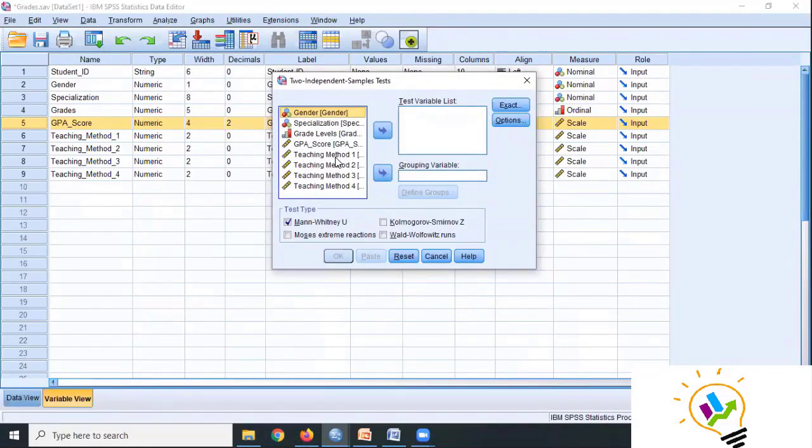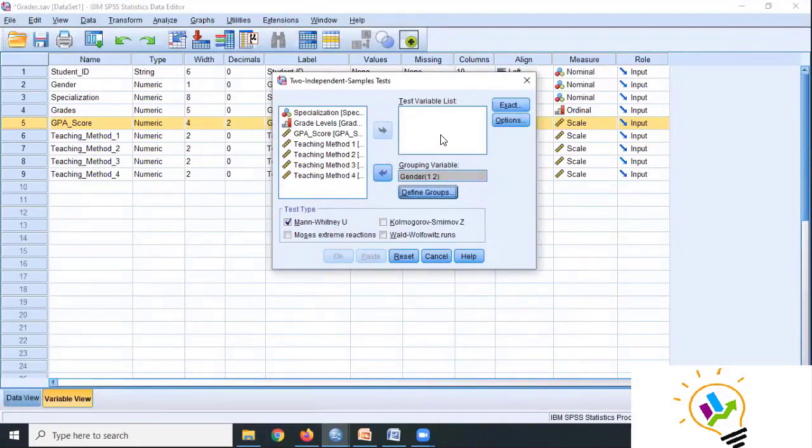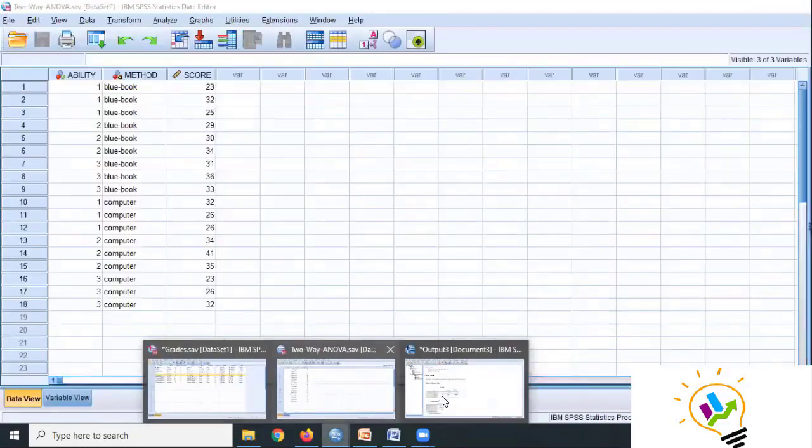The grouping variable is gender. We'll define it as 1 and 2, continue, and the test variable is GPA score. You can see all the tests we can use, but I am taking Mann-Whitney U test only. Click OK.